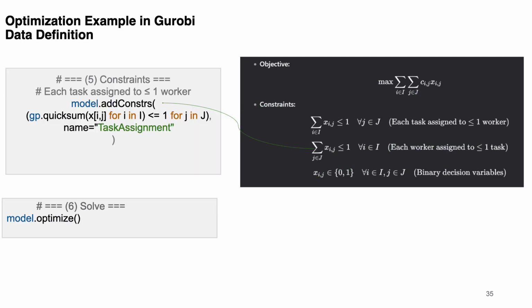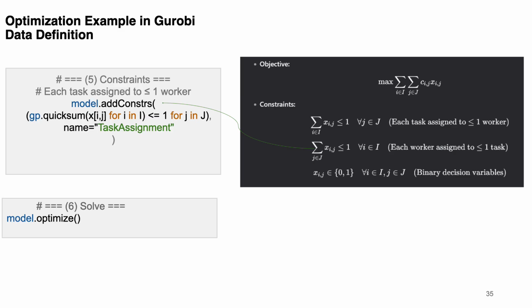Finally, we add the rules that make the problem realistic. Our primary constraint is that each task must be assigned to, at most, one worker. We can't have two people trying to do the same job at the same time. We use model.addConstrs to apply this rule across all tasks in list J. The math says, for every task j, the sum of all workers i assigned to it must be less than or equal to 1. Once this rule is in place, we reach the final step,